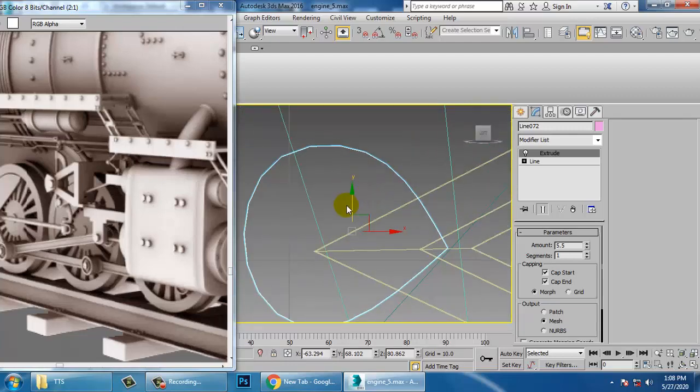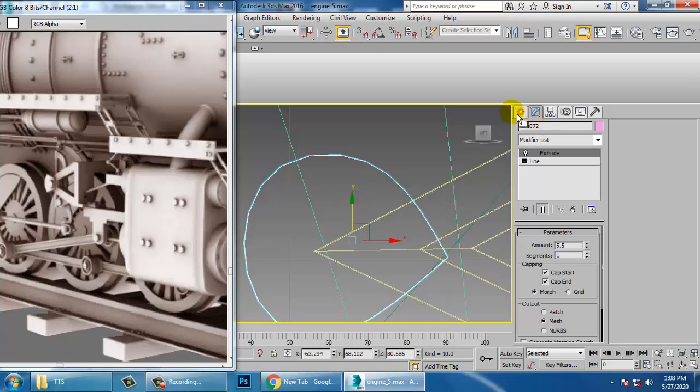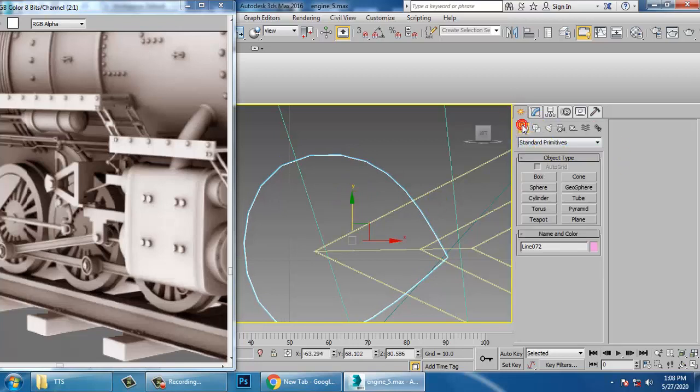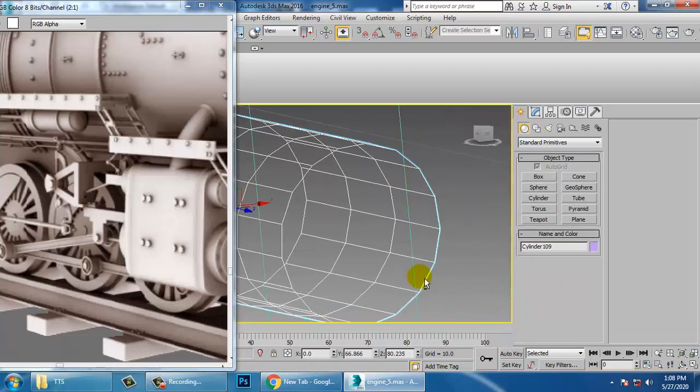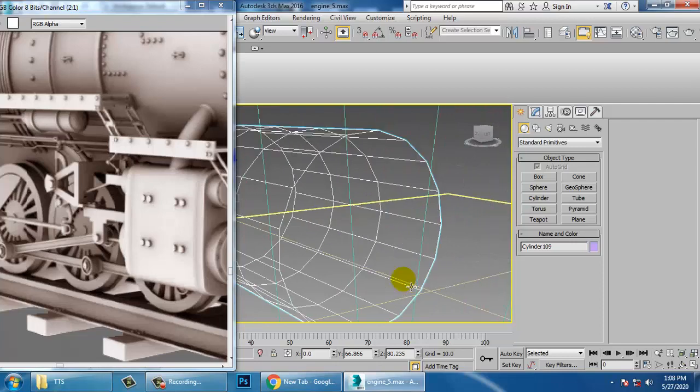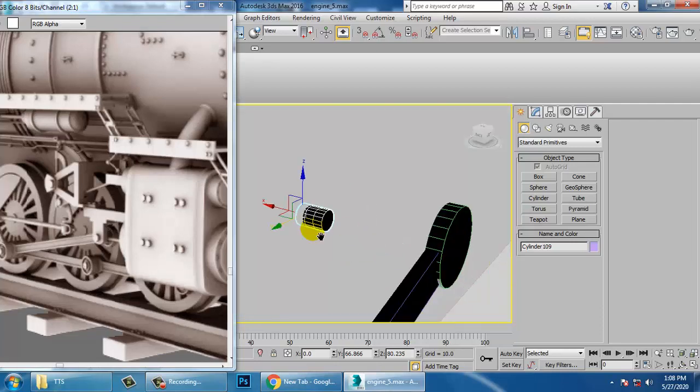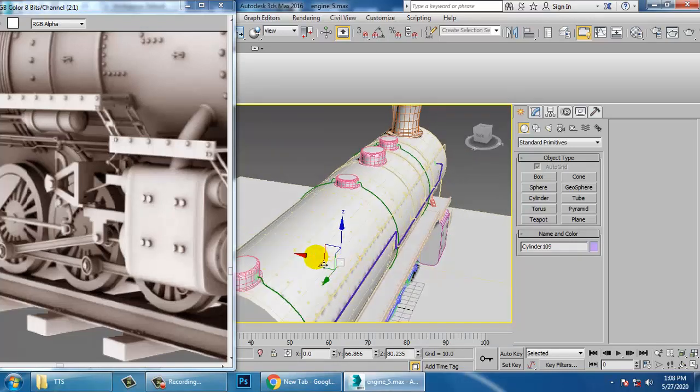And just cover this whole area over here. Make sure you are properly in the side view. Again go over here, take a cylinder, auto grid it. Just push that out.